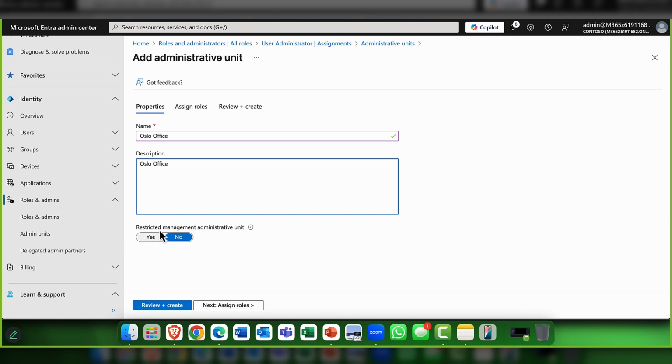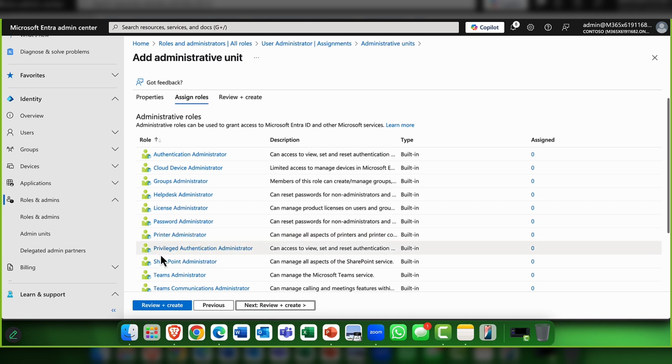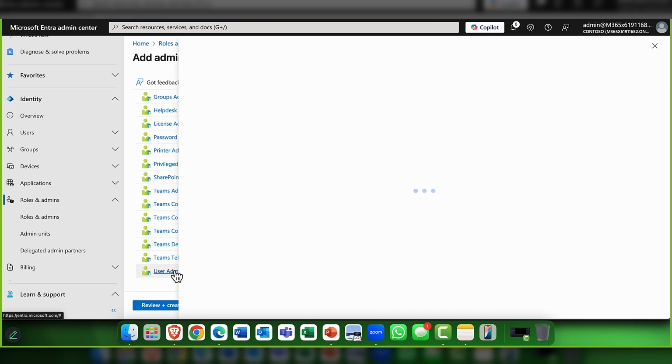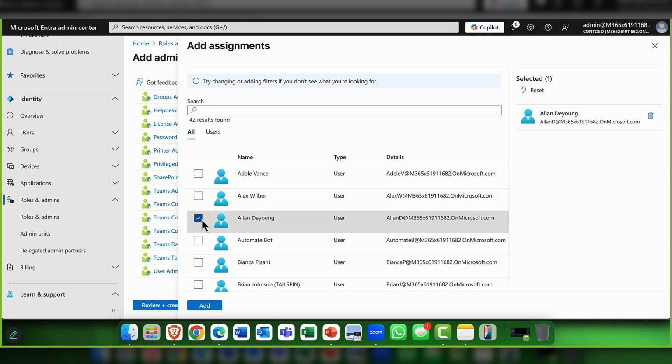Now, you can set up something called Restricted Management Admin Unit. I'll come back to this in a second. But needless to say, if you click onto this, it's an irreversible action. Okay, so you can't change it. So next, I'm going to say next, assign admin roles associated with this admin unit. So again, I could bring in the user admin. Okay, and I'm going to say that Alan is the